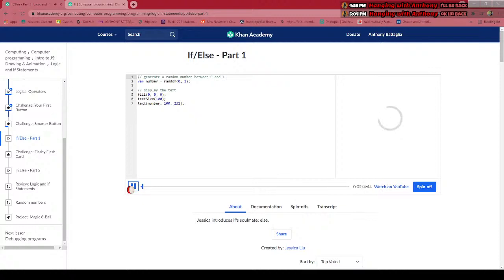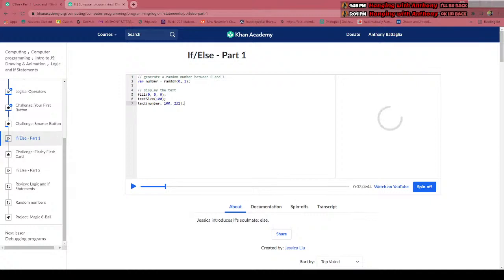Here's a function you might not know about. Random. It takes in two parameters, a lower bound and an upper bound, and it gives you back a random number somewhere between those two bounds. So here, this variable number will be somewhere between 0 and 1. And then we're going to draw that number to the canvas using this text function. Those last two parameters are for the x and y coordinates of the text, and we use text size and fill to set the fill and the color of the text. So if I press restart a couple times, you can see the random numbers being generated. And you'll see that the precision of these numbers is to 3 decimal places. So here's a